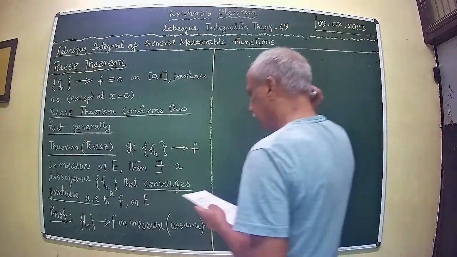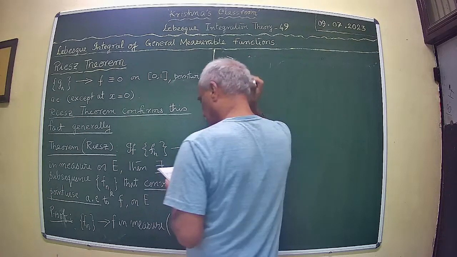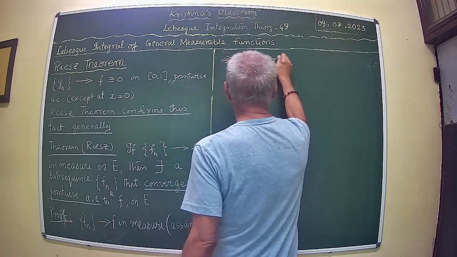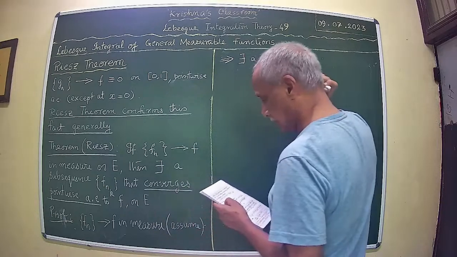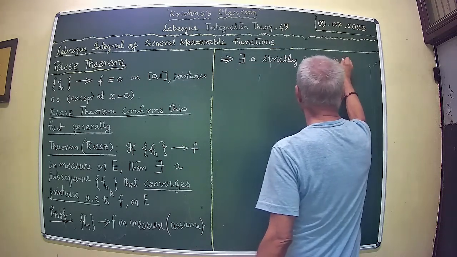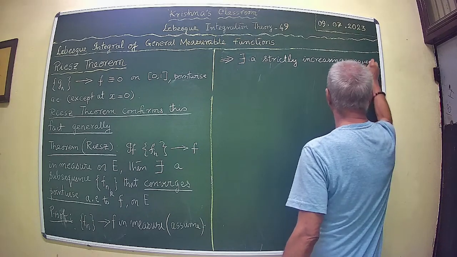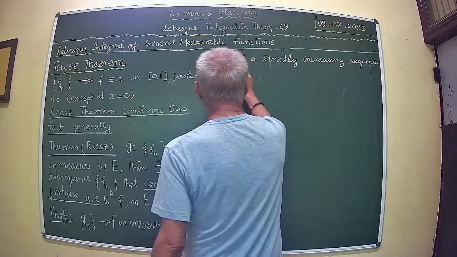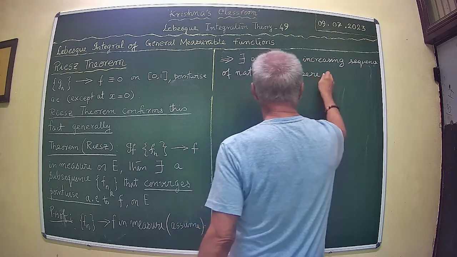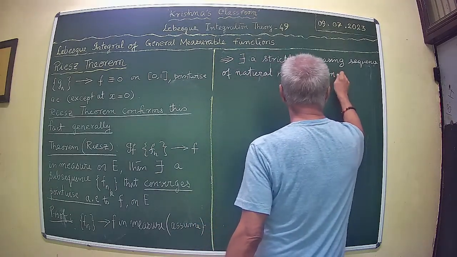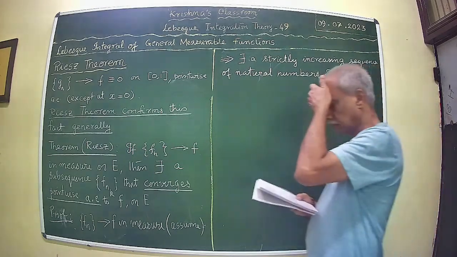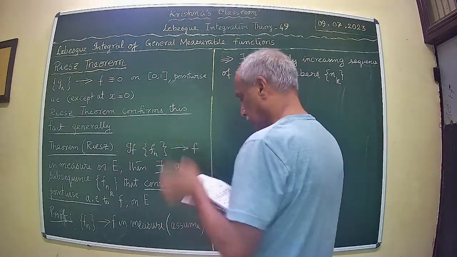Then the consequences: this implies there exists a strictly increasing sequence of natural numbers Nk such that